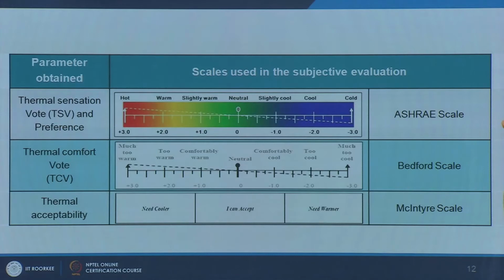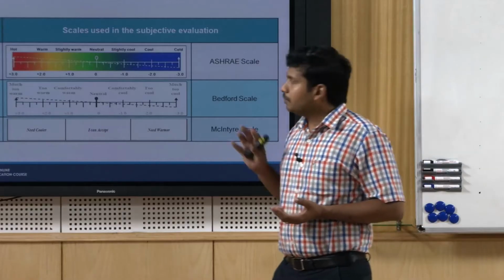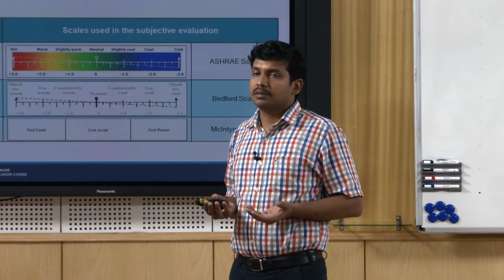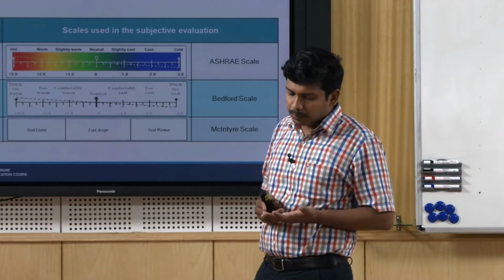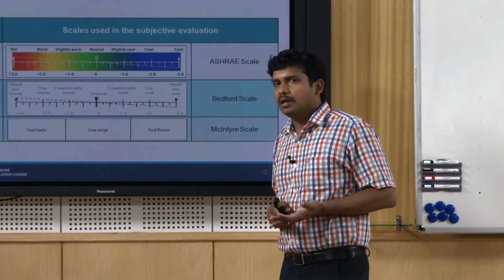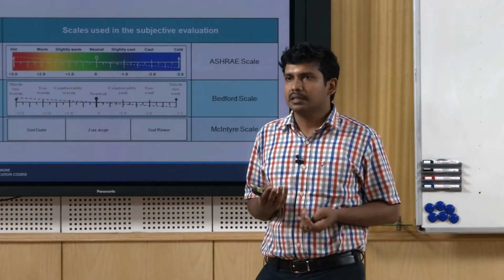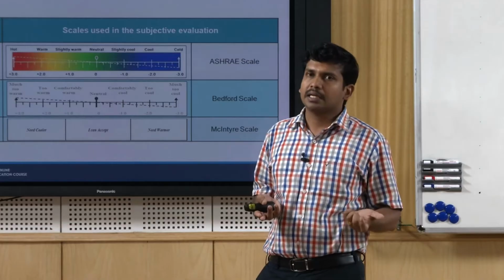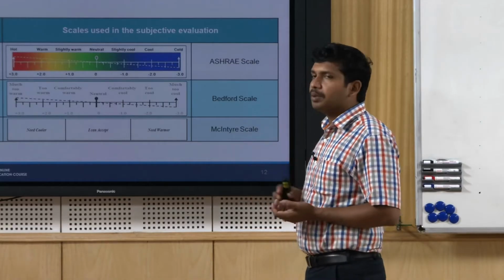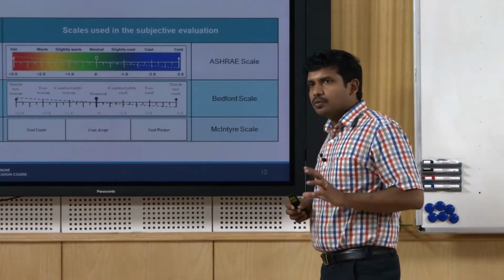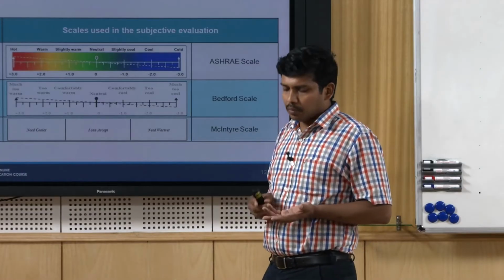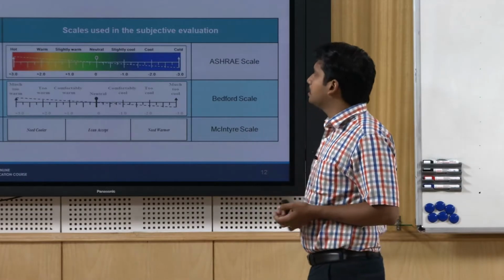So primarily these adaptive studies revolve around conducting field measurements of comfort. It has two components, one is physical measurement accompanied by subjective assessment. It is like you have a set of sensors, you go to the field, you measure the conditions, and parallelly you also ask people how they feel. So how do we ask how they feel and what do you measure? This is what you are going to look at in this section.